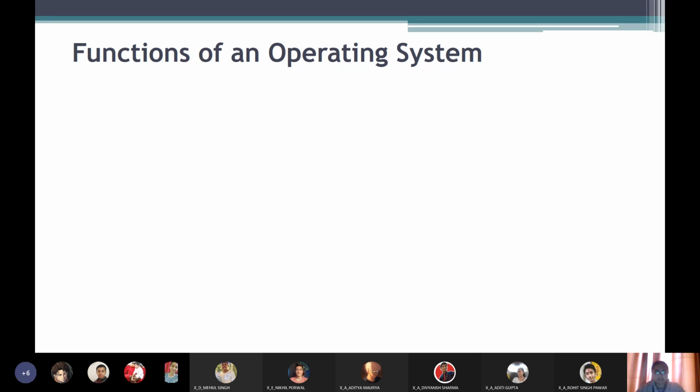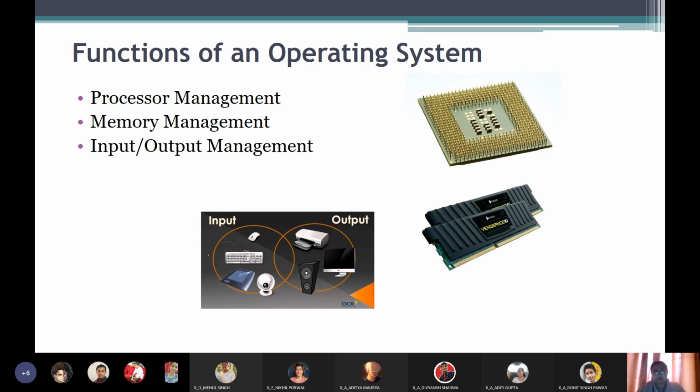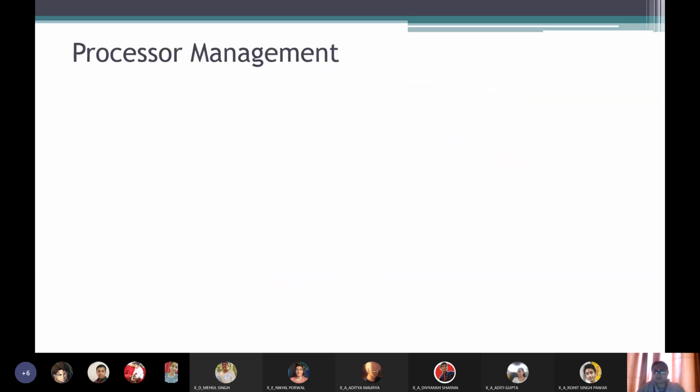So now we will be seeing the functions of an operating system. There are three categories of the functions of an operating system: processor management, memory management, and input-output management. So we start with the very first, that is processor management, that is managing the CPU time.